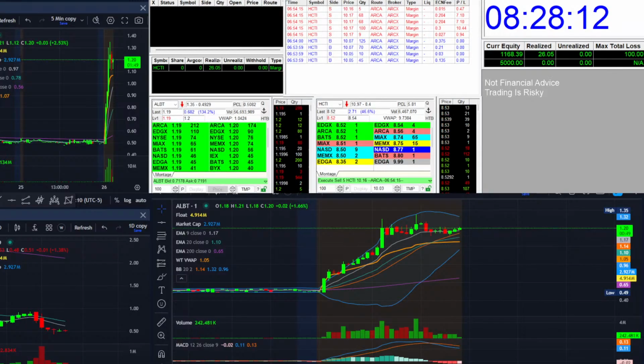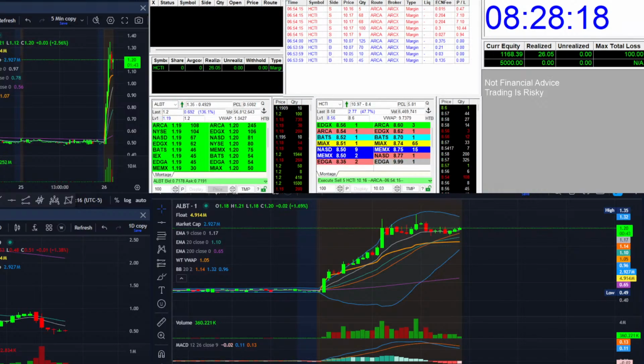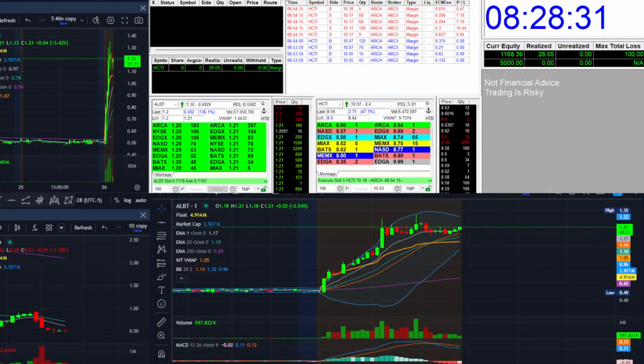Albert looks like it's trying to push higher, but it can't even push over 9. If it can push over 21, 22, you could see an extension probably start to excel. But it's below MACD, so it makes it a little bit risky. The high. Yes. Longs are getting